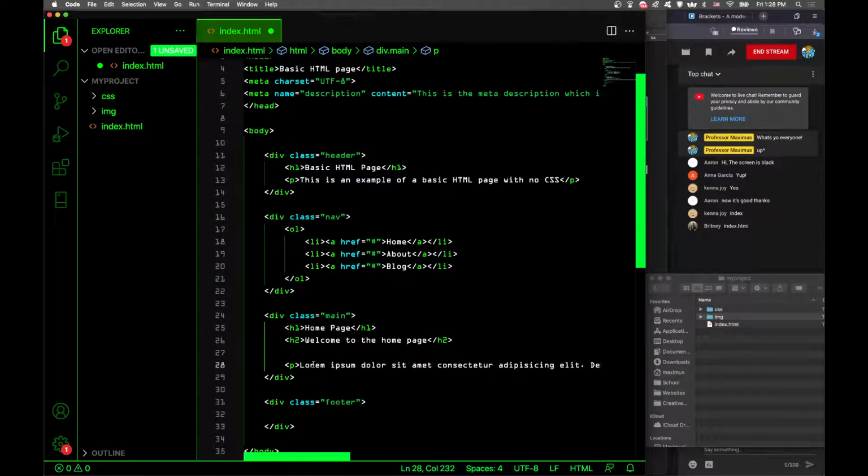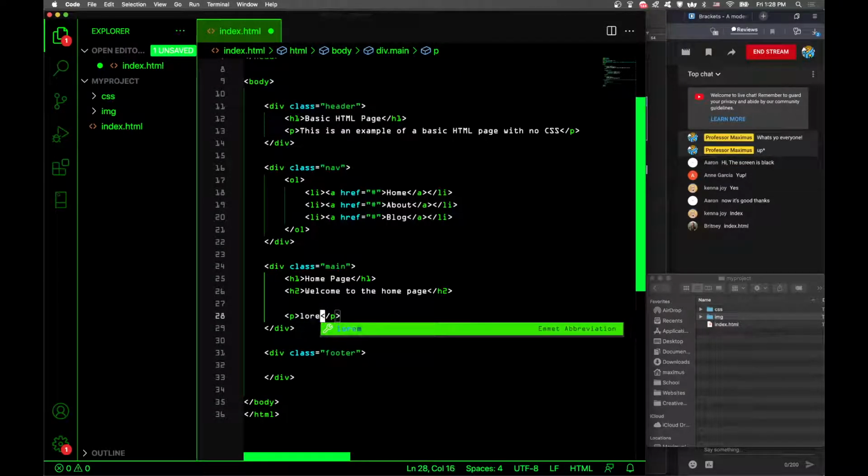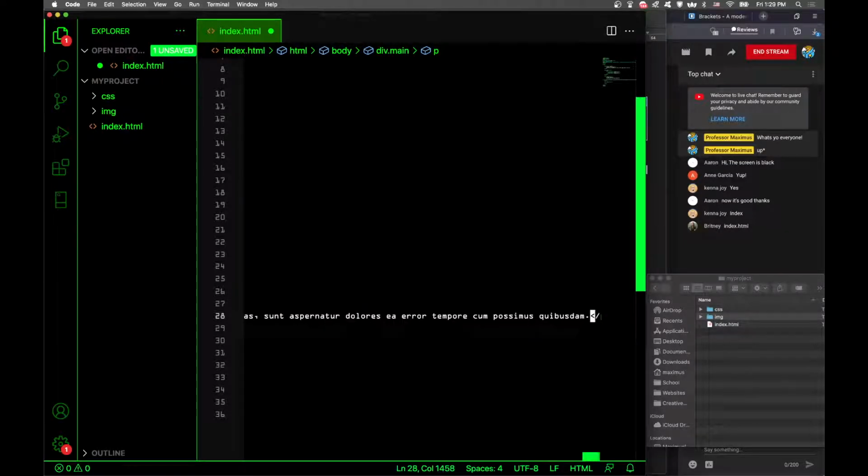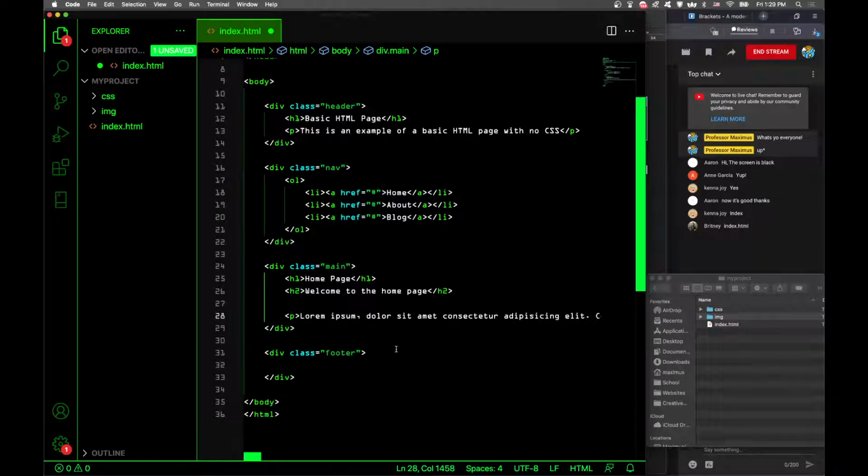There's another way you can do this. You can also just type in Lorem and put a number, like Lorem 200, and it'll give you the number of dummy words that you asked for, right? So yeah,